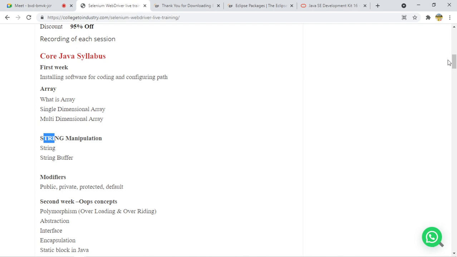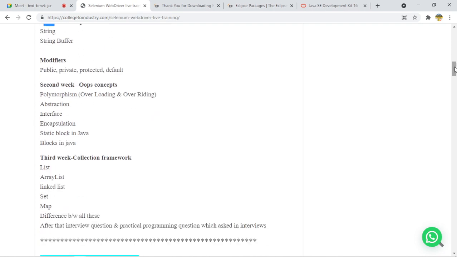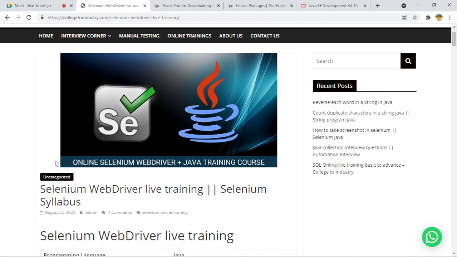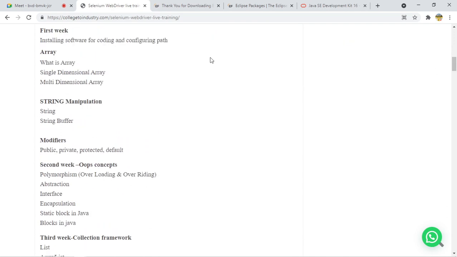And these are very important: what are the modifiers? We will cover that when we complete more than 50% of Java. Then we are going to see what the modifiers in Java are: public, private, protected, and default. And after that, once we complete all these basics, so these are the basics. We have not started this concept till then.